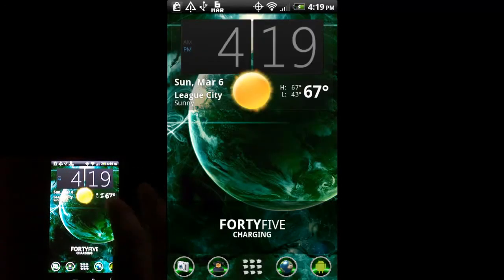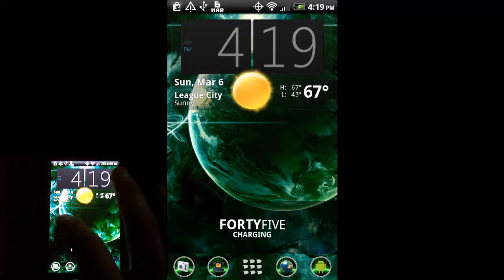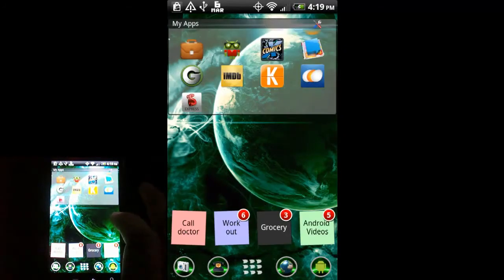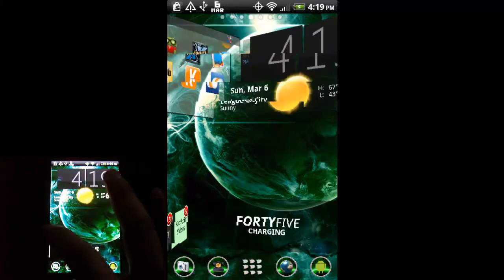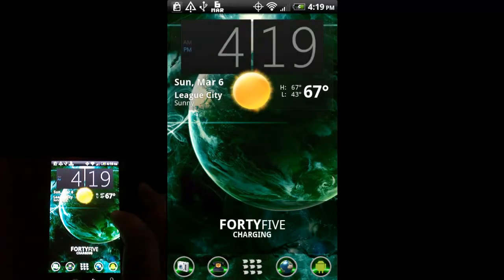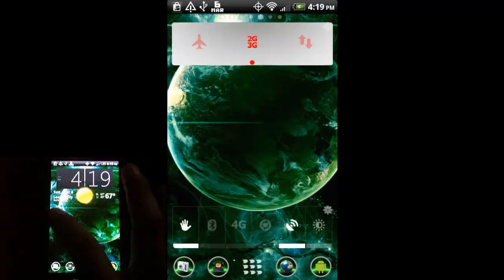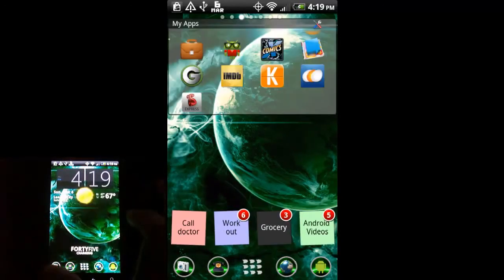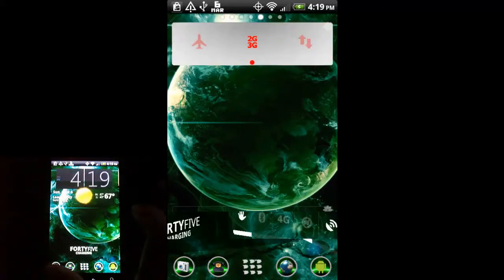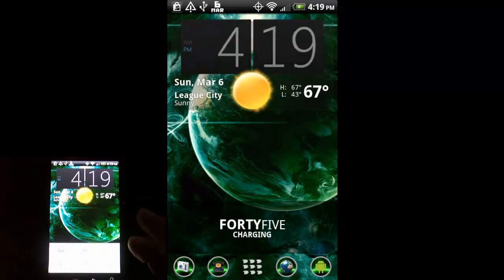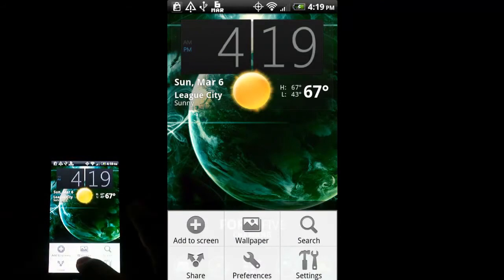And one of the other things you can do with Go Launcher is I'm going to go to my other screen here. You can see it's got that kind of 3D effect, and that's configurable. Looks a little choppy on the big view there, but you could see it in the camera view here. It's pretty fluid. I can go a little faster, and it does it no problem. The way you would change those is just press the menu button and go into your preferences,